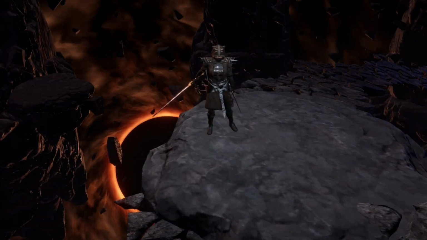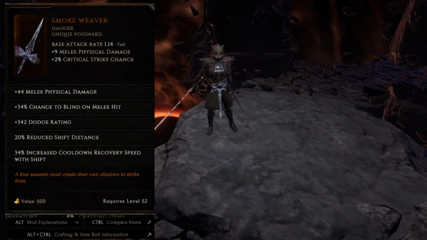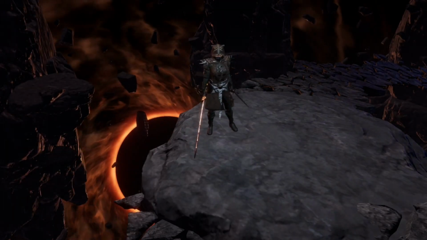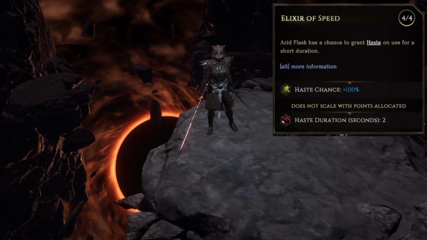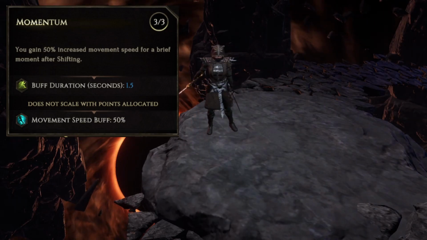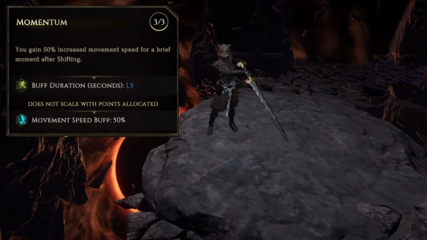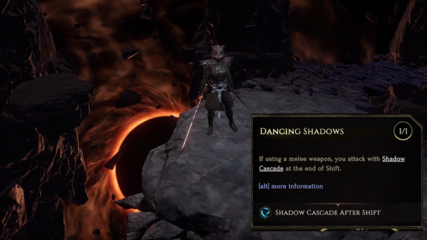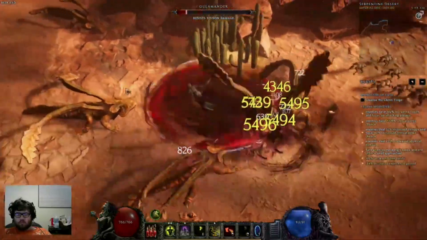So required gear for this build, mainly you just need a Smoke Weaver to get started, as Smoke Weaver allows you to reduce the cooldown on your shift, which will allow you to use certain mechanics like the Acid Flask's Haste, which is procced off of shift, and you also get the 50% increased movement speed from shift as well, allowing you to literally speed through Monoliths. And then of course you get the shift node that gives you Cascade after you shift, which is very strong and allows you to clear Monoliths while you're running through the Monoliths instead of having to stop and attack,